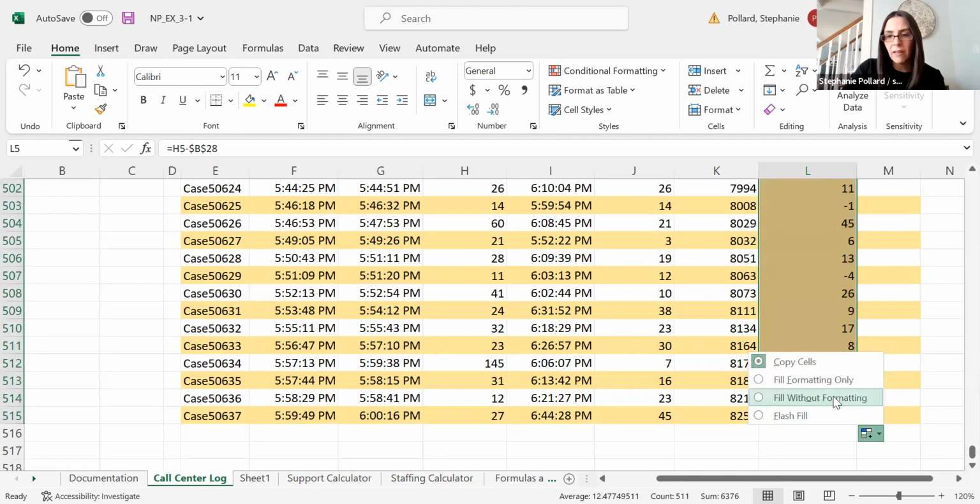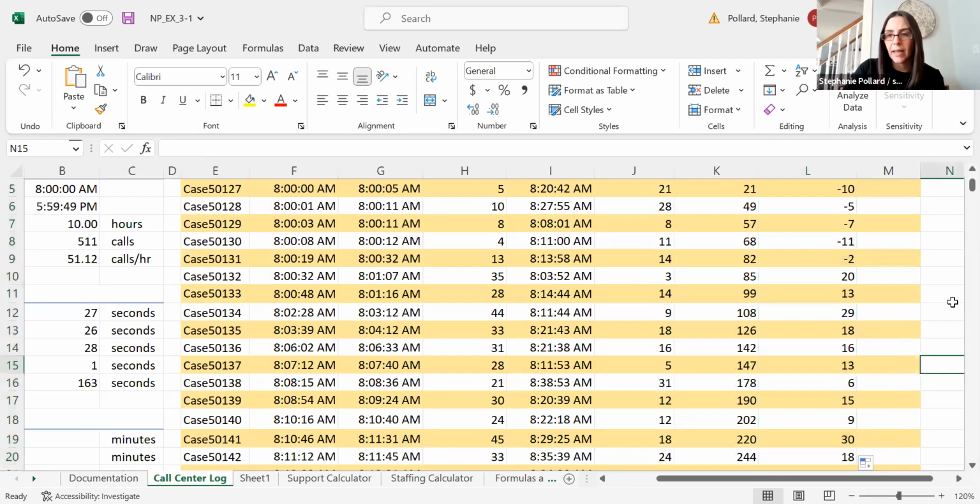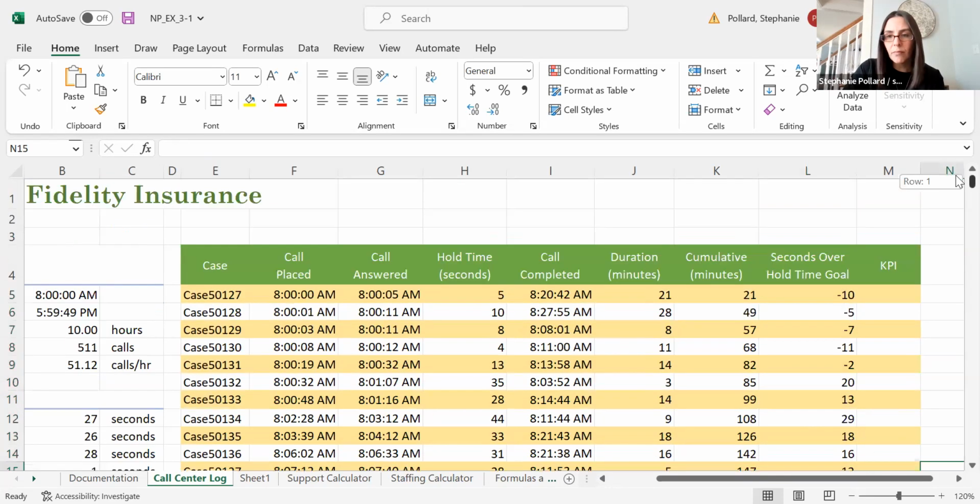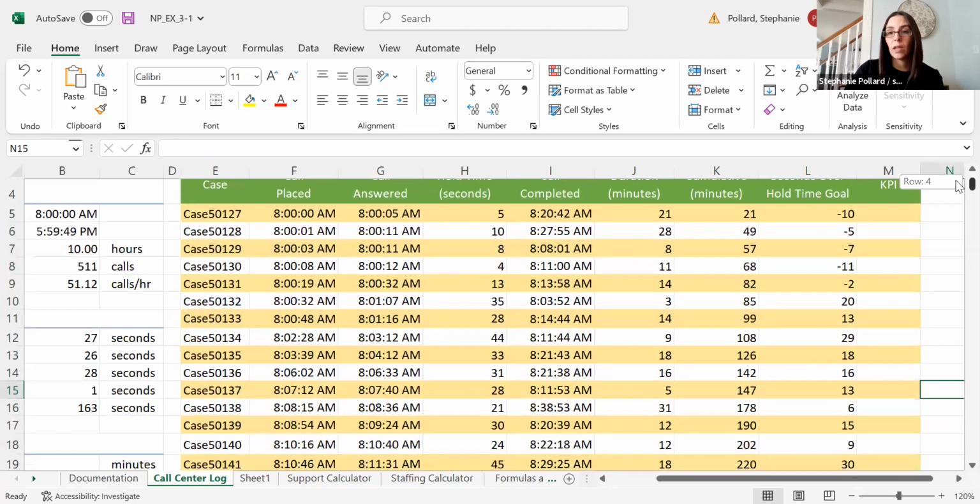And I'm going to make sure I fill without formatting. So I gotta keep my nice, beautiful background there. So again, that was a nice application of how we can use those absolute cell references to make sure that